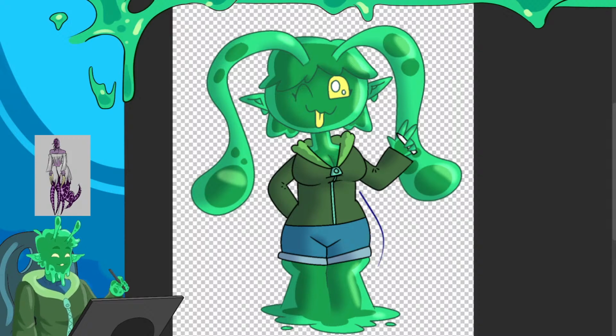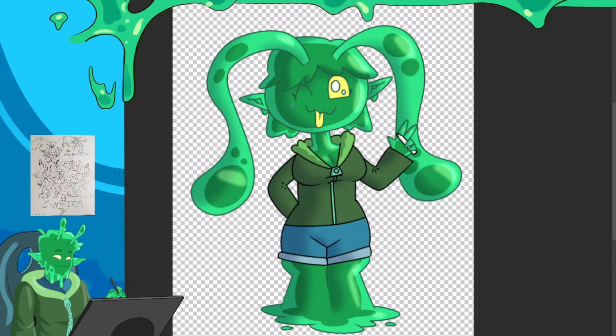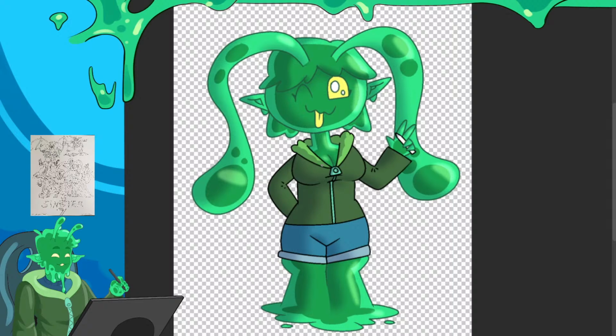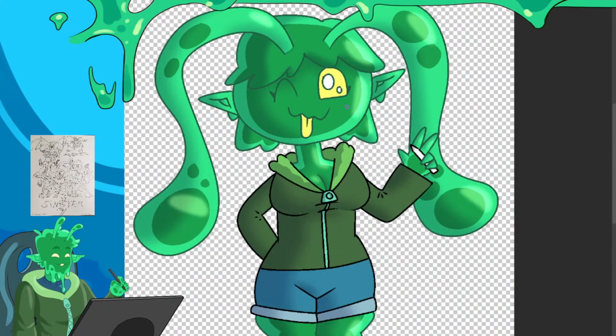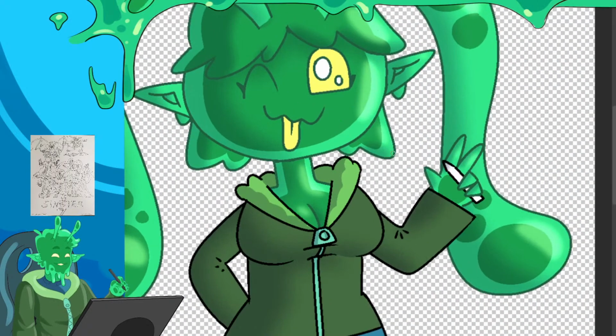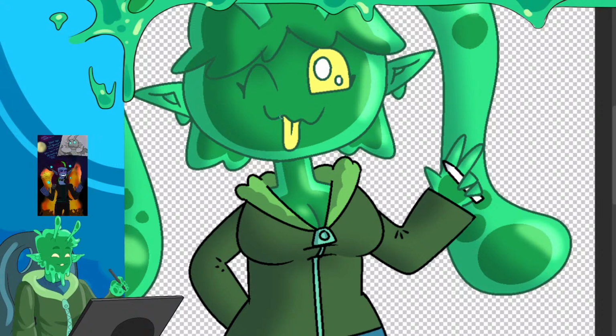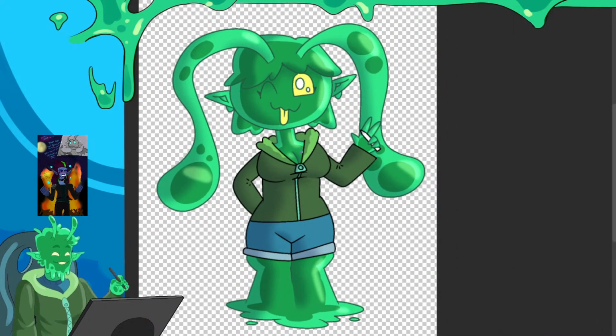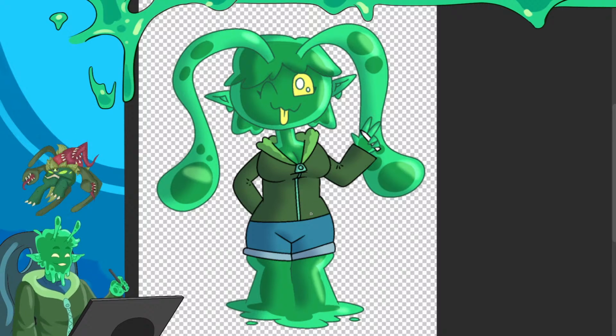Giving her the short stack proportions. Love me some short stacks. You know that. Very much love this one. Very happy with the result here. And the colored line art, too, is something not a lot of people do, but it is such a nice touch. It's something that I do for my slime dude because I like that look, especially for transparent characters. You have to have colored line art, because it's nice.